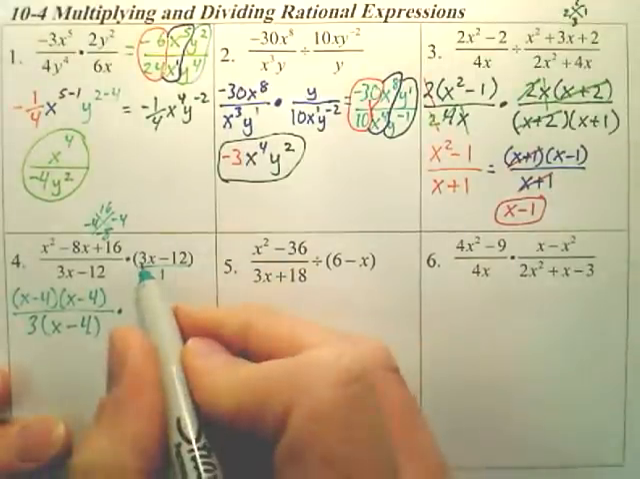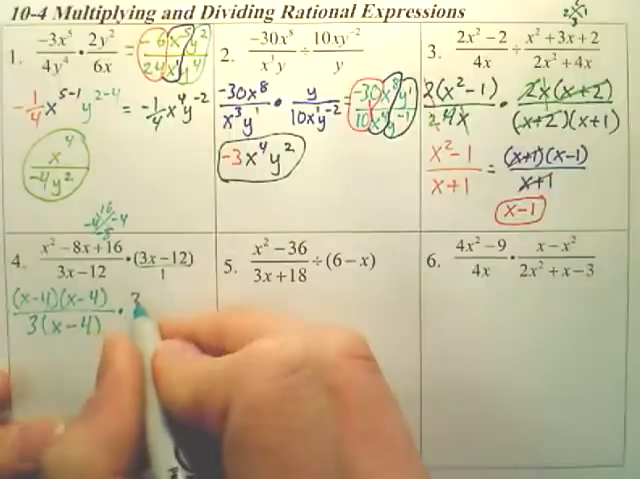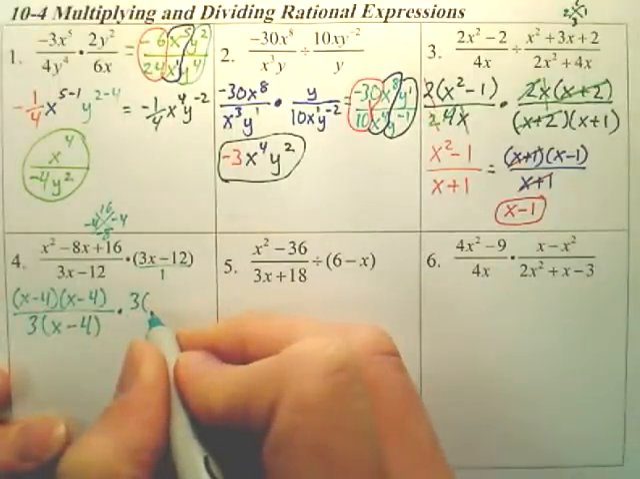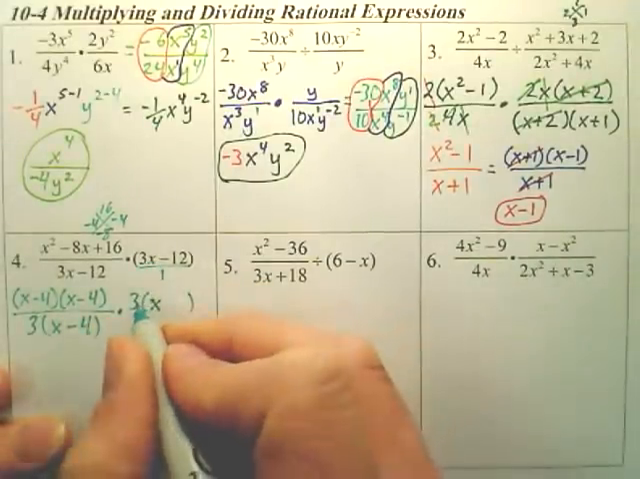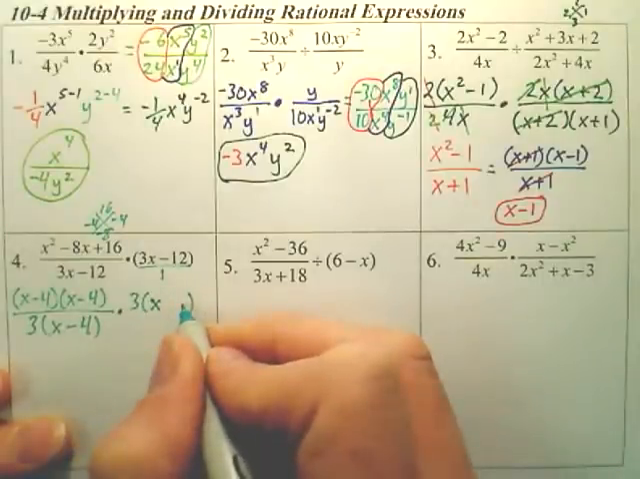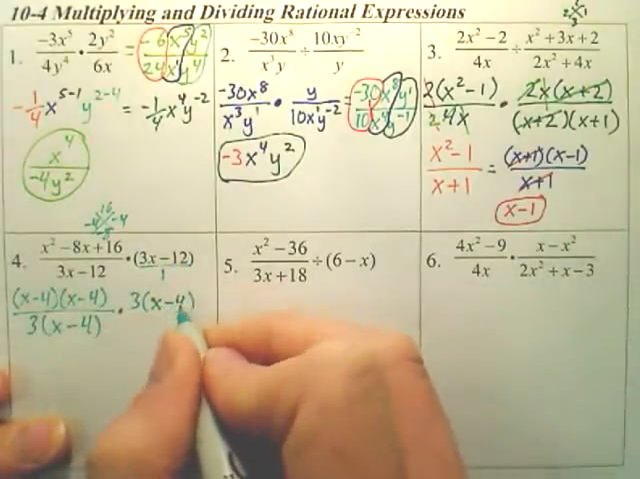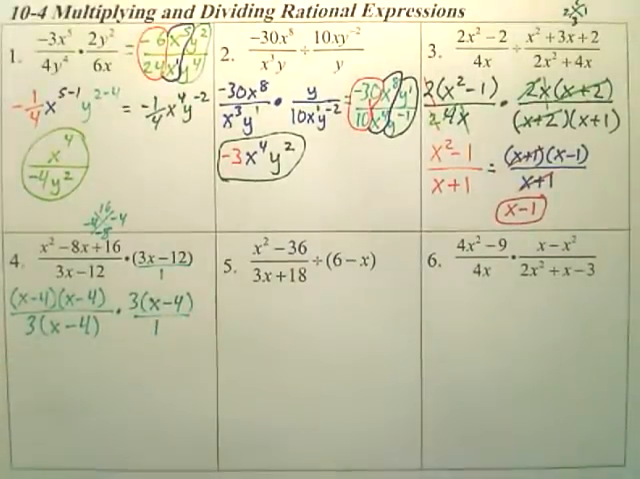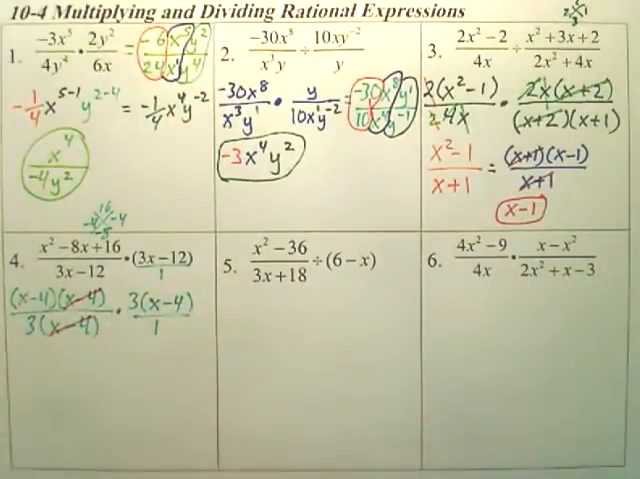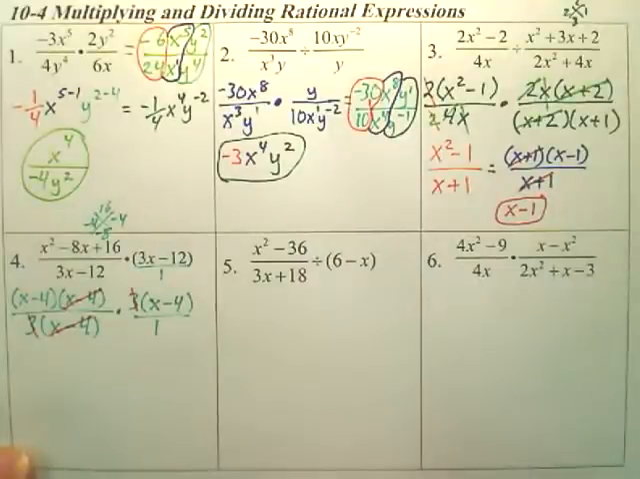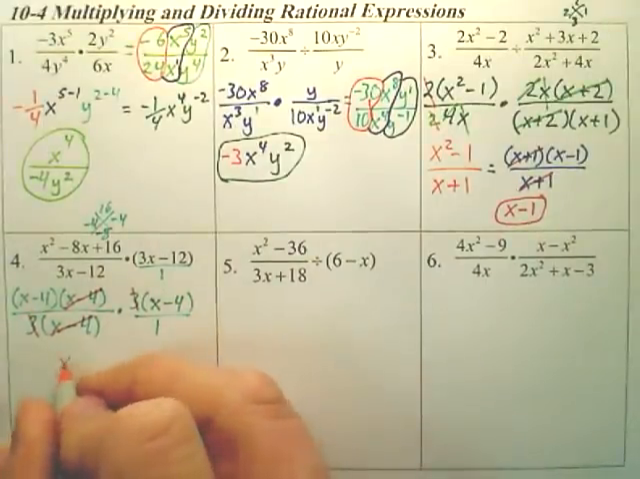Times, right here, I could pull a 3 out. That leaves me x. 3 times x is 3x. And that looks like it's going to give me a negative 4. That's over 1. Alright, does anything cancel? Actually, yeah, these two cancel. Don't the 3's also cancel? Anything else? Nope. Okay. Oh, well, all we're left with is an x minus 4